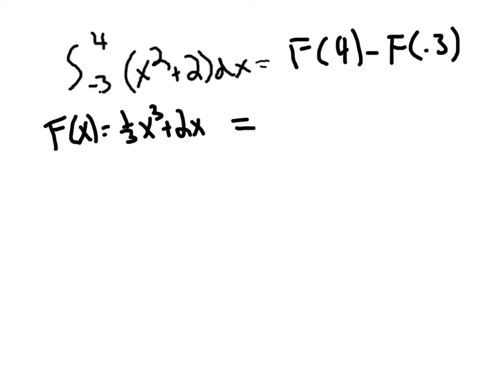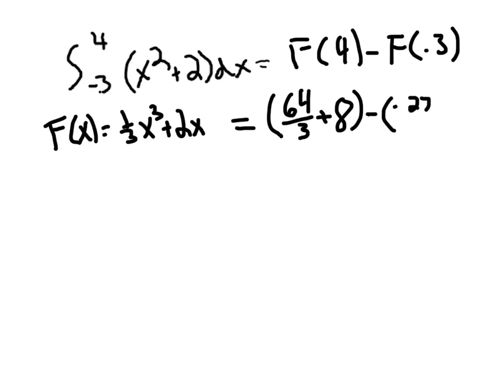So that gives me 64/3 plus 8 minus the whole quantity -27/3 minus 6. So I'm going to slow down because I have all those negatives and I'm really going to take my time. So this first part, big F of 4, gives me